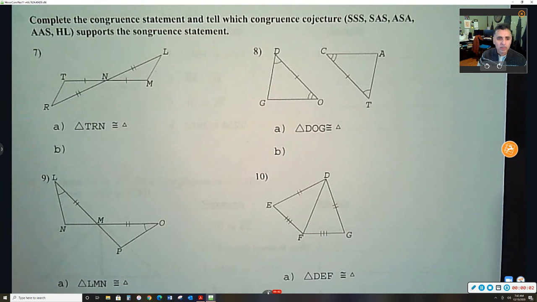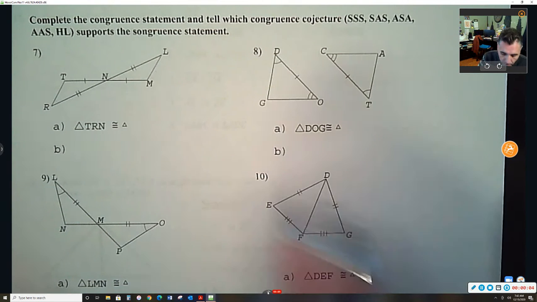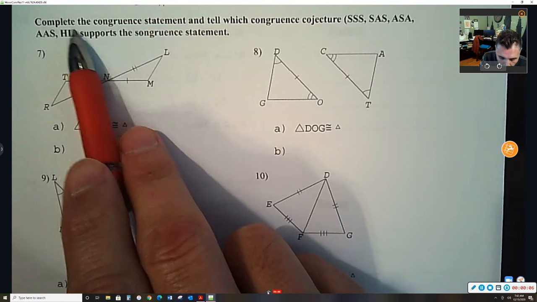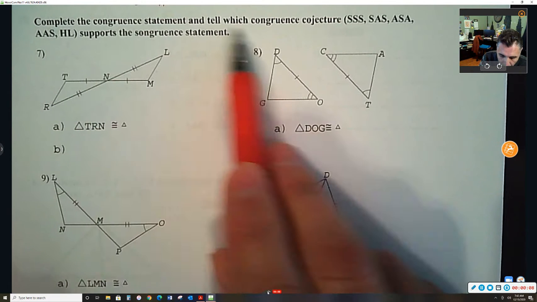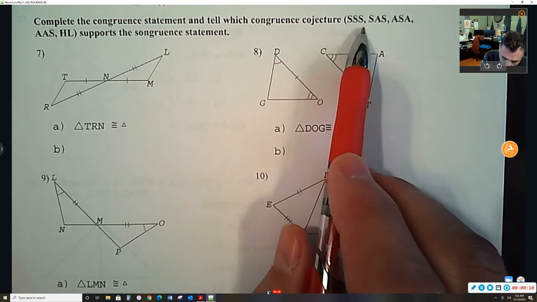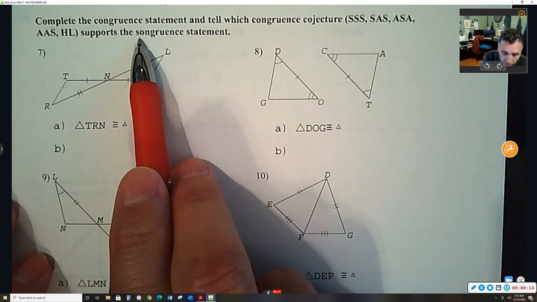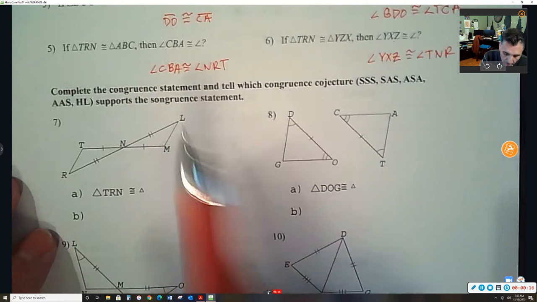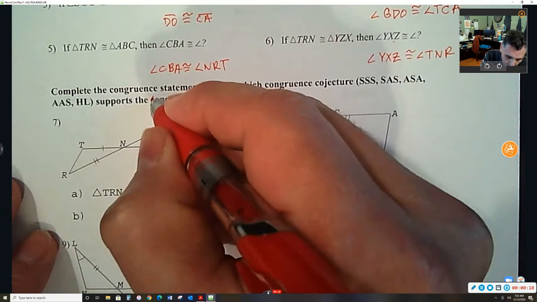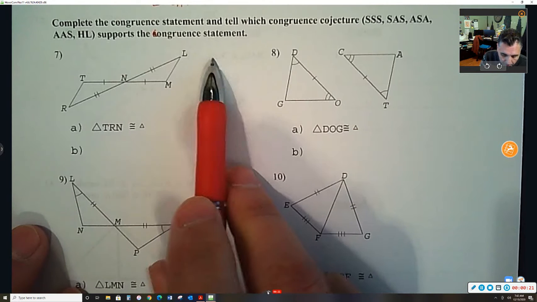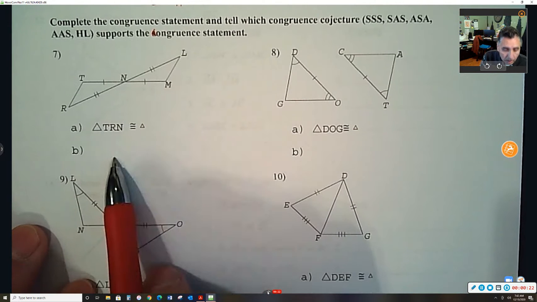And then 7 through 10, they want us to do two things. First, complete the congruent statement, and then tell which conjecture supports the congruent statement. That should say congruence. I'm going to have to fix that. That should say congruent statement. Okay. So we know